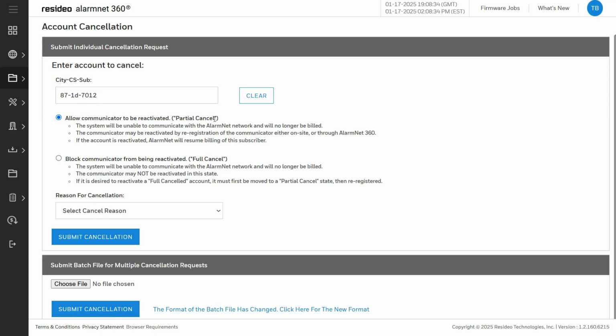Typically, people will choose partial cancel. This will allow that account number to be reactivated at another time without having to go and change it to a partial cancel. So leave the selection on allow communicator to be activated, partial cancel, and then select a reason